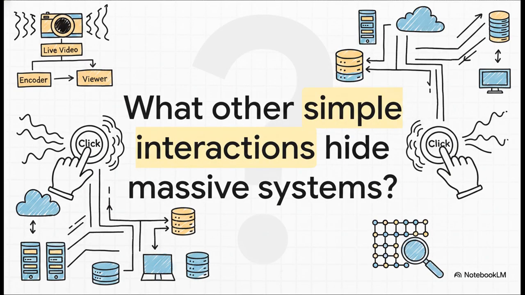Which brings us to a final thought I want to leave you with today. The very next time you click a simple button online and something happens instantly and perfectly, ask yourself, what other simple internet interactions are actually massive, completely chaotic, multi-vendor distributed systems operating in disguise? Once you start recognizing these underlying master patterns, I promise you, you will see the modern internet in a completely